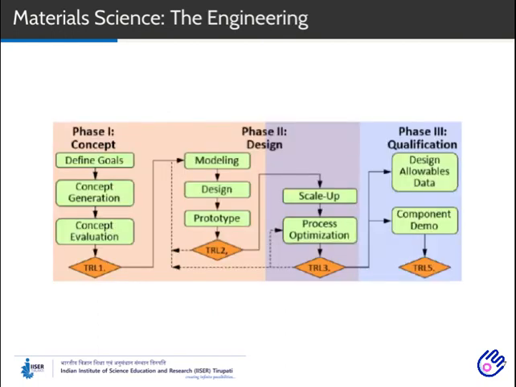This slide shows the different phases in terms of materials engineering. In the first phase, as I told in the previous slide, we should have definite goals from which concepts can be developed. These concepts, after a verification, are further improved into a model, and the model-based material design and prototype devices will be subjected to trial, usually a physical experiment or a computational simulation. Based on this knowledge, things will be scaled up and subjected to process optimization. Based on the results, the product will be subjected to qualification analysis, and from there to the final product.